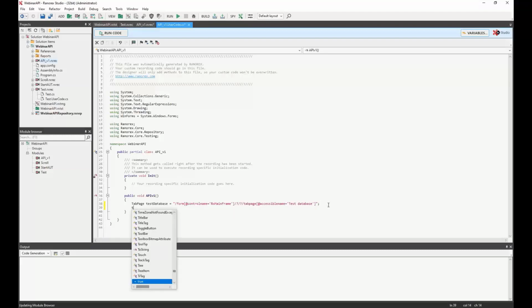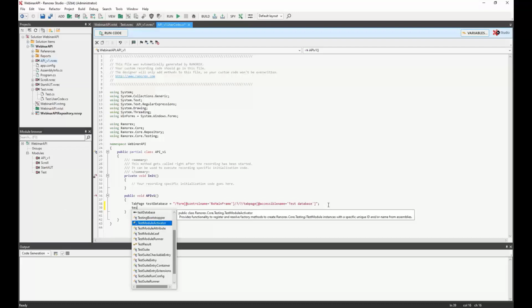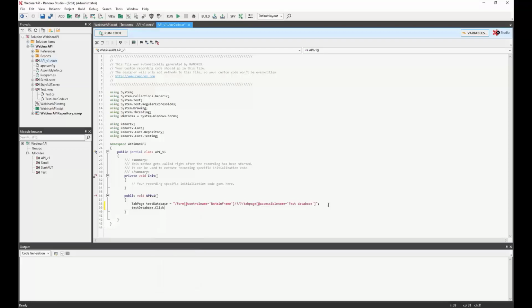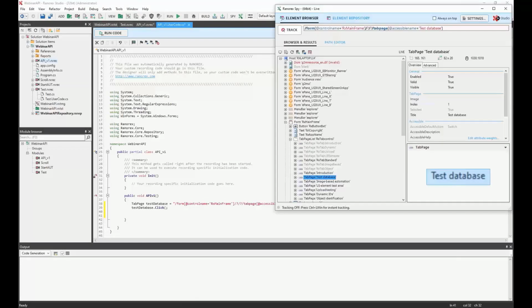Okay. Once I have it, I can just type it out. IntelliSense will pop up, allowing us to quickly get what we want. In this case, it's the test database, and we're going to do the click action. Okay. Once I have that, I'll go back to my SPY and my application,